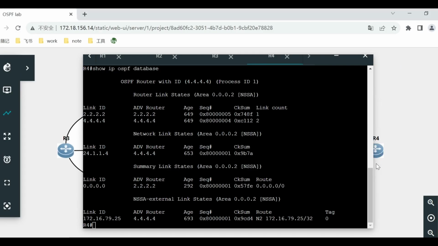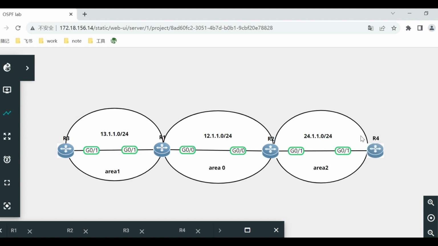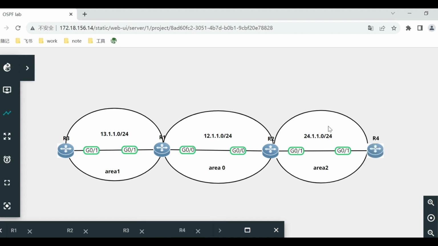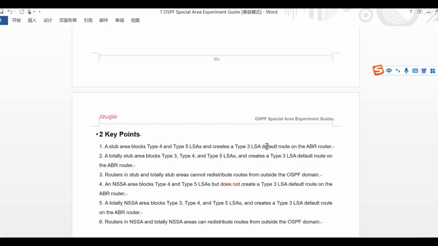This is on R4, because for this router we have configured this router to become the stub area, totally stub area, and the NSSA area, and totally NSSA area. So we can only see the detailed LSA information belonging to area 2, but we can't see the detailed